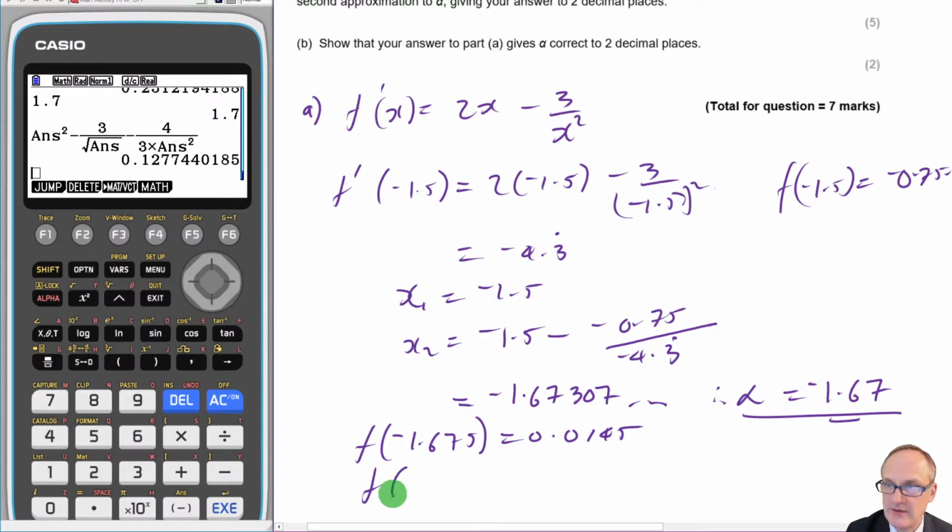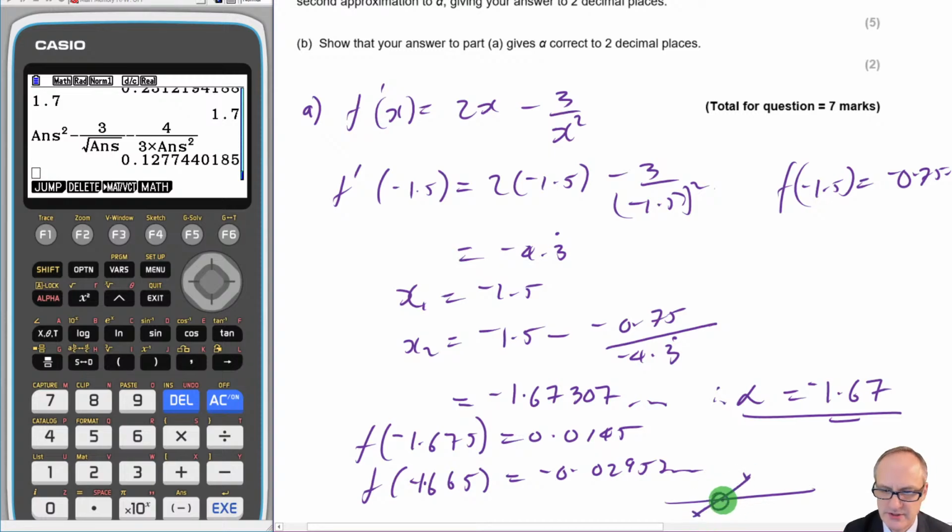And if we do f of -1.665, the lower bound, we get -0.02957, and so on. So remember, we have a value down here and a value up here. We must cross in between, so there must be a root in between these two values. So as there is a sign change, and it's really important you mention the words sign change,